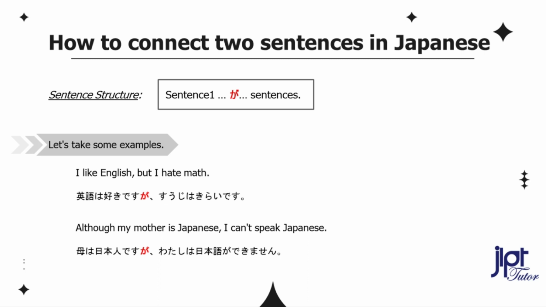I like English, but I hate math. 英語は好きですが数学は嫌いです。 Although my mother is Japanese, I can't speak Japanese. 母は日本人ですが、私は日本語ができません。